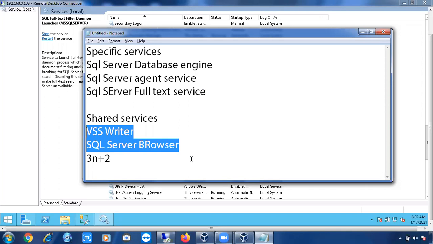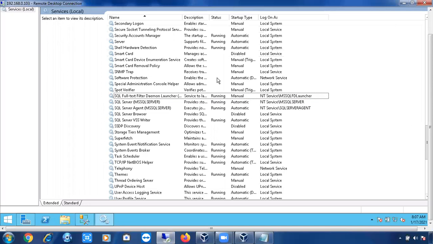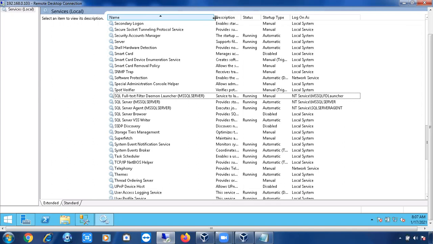So how to identify the difference between a shared service and a specific service? Can anyone tell me? If you see here, these are the 5 services.